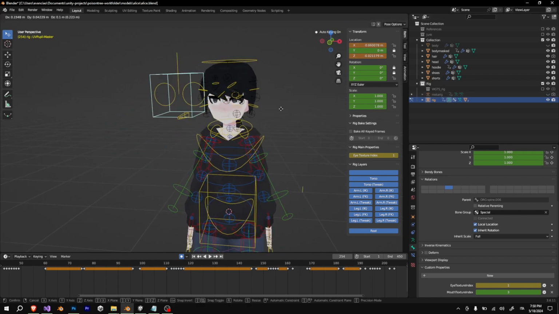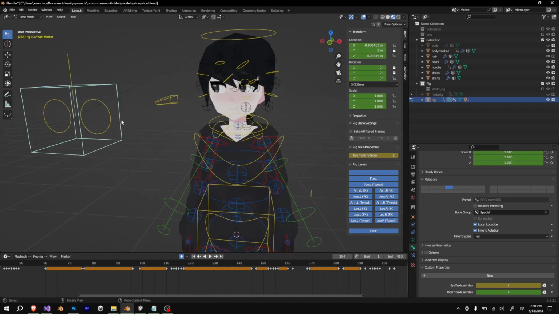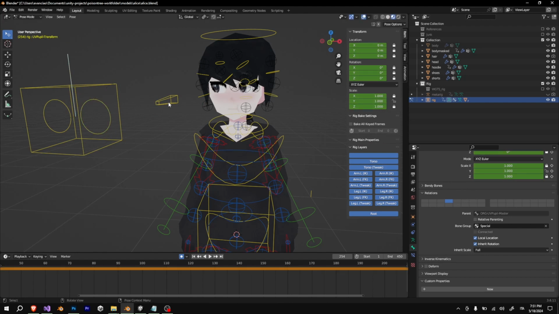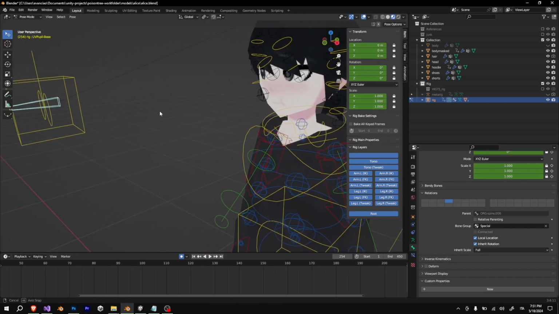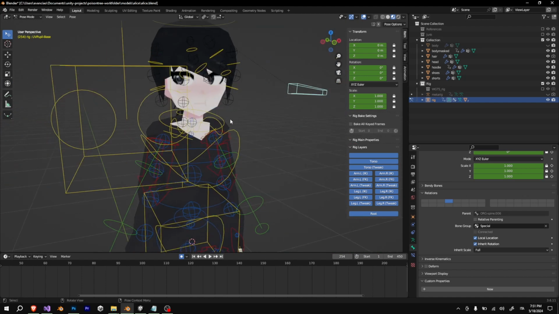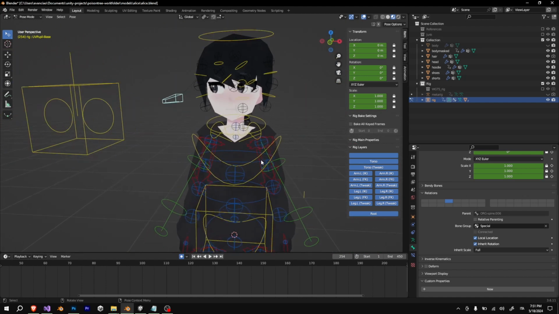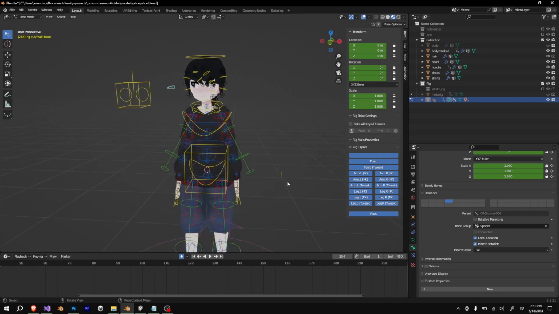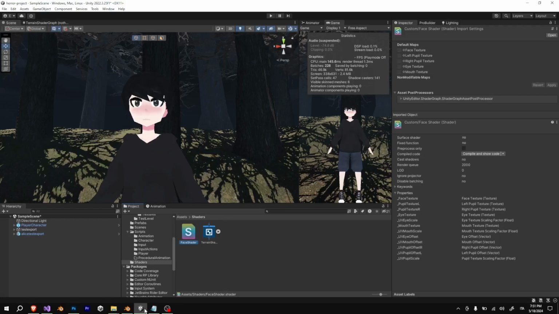You have your UV pupil master that controls both of the pupils, the UV pupils themselves, the UV pupil transform, and the UV pupil base that is used to calculate the relative position of the eyes. What's more important to this mod and to this rig is the face state bone, this bone right here. So what am I doing here with this bone? Yeah, so basically